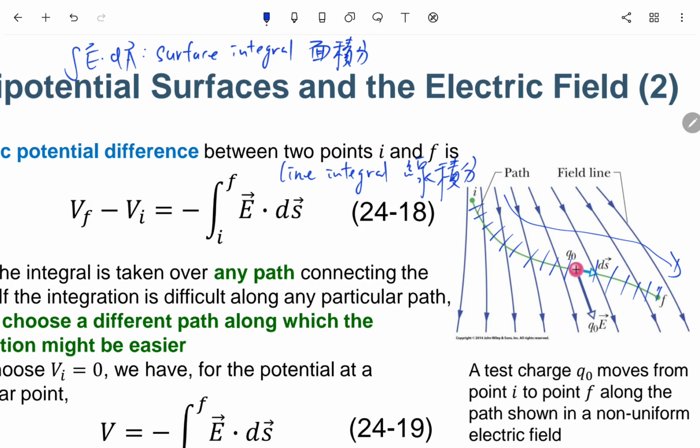Okay, so for every segment we can have ds. So maybe I just erase this stuff. Let's say for this one, we can have ds somehow pointing to the right side. Okay, ds. Okay, so this is a line vector. The magnitude is the length of the line, and then the direction is actually parallel to the tangent line